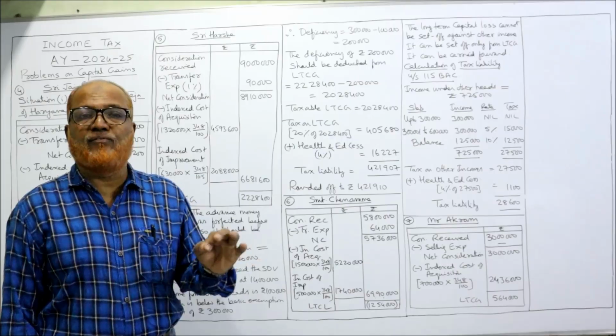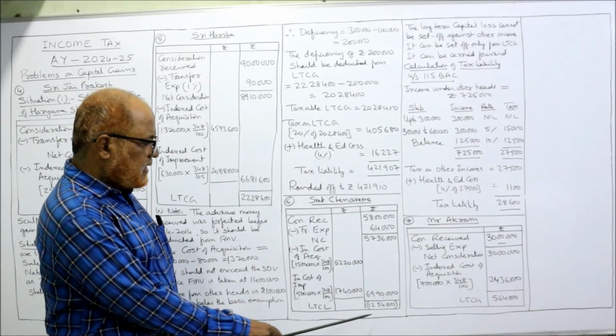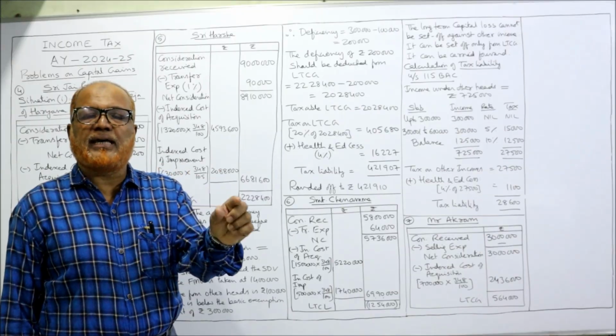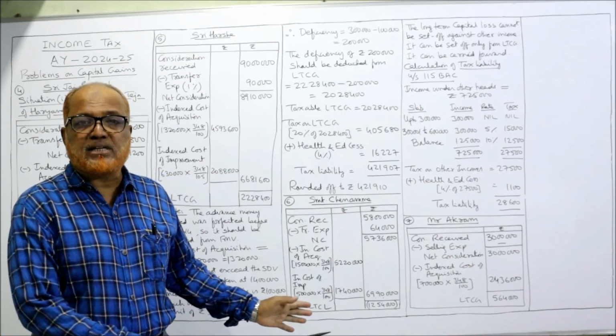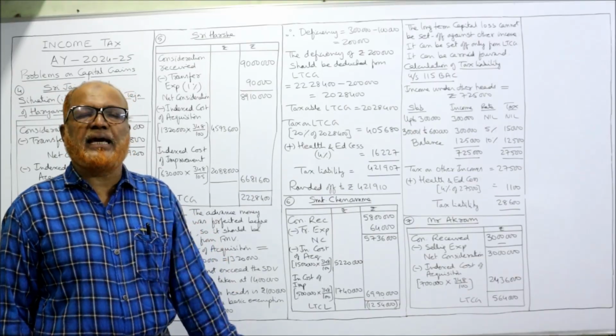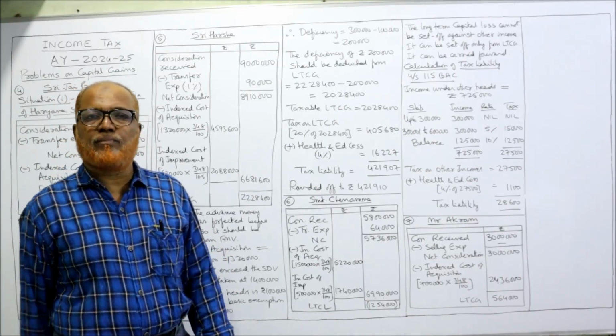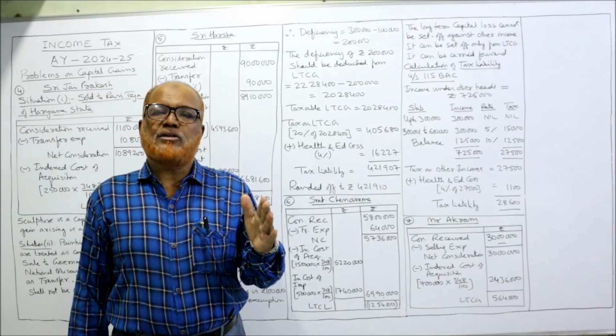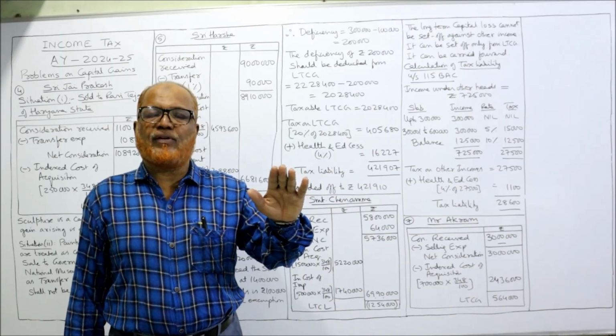You are getting a negative figure, a loss: 12 lakh 54,000. This is called long-term capital loss. First time we are coming across it. So far every time we got capital gain. Here it is capital loss. One provision in the Income Tax Act is that the long-term capital loss cannot be set off from any